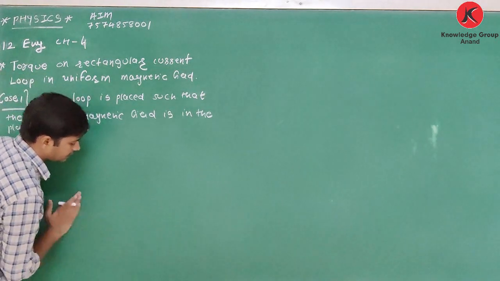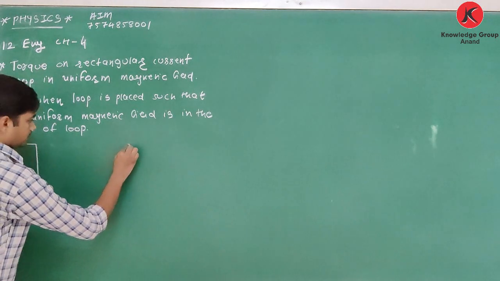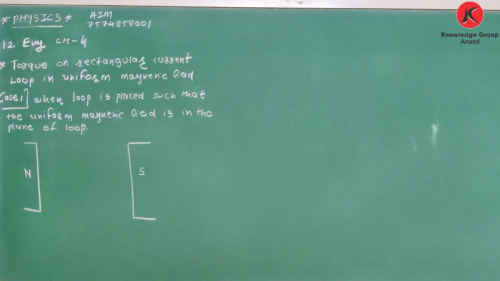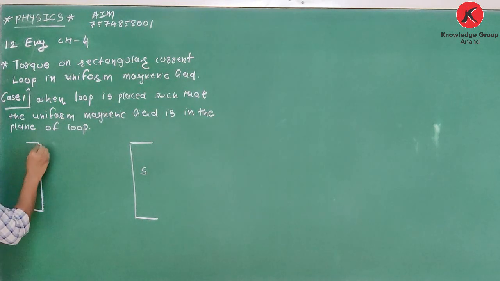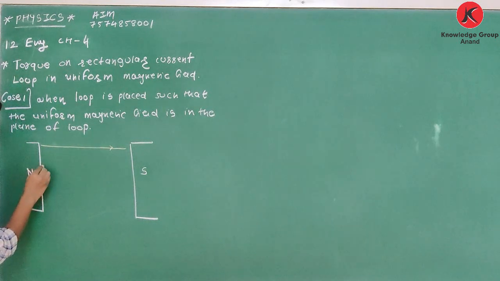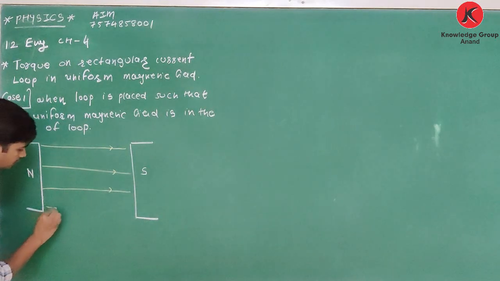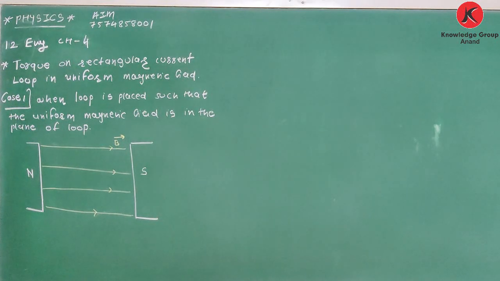Now, what is the meaning of this? See, here it is: one magnetic pole, north, and the magnetic south pole. Due to this, in this region the uniform magnetic field B is from north to south, in this direction. Now, when the loop is placed such that the uniform magnetic field is in the plane of the loop,